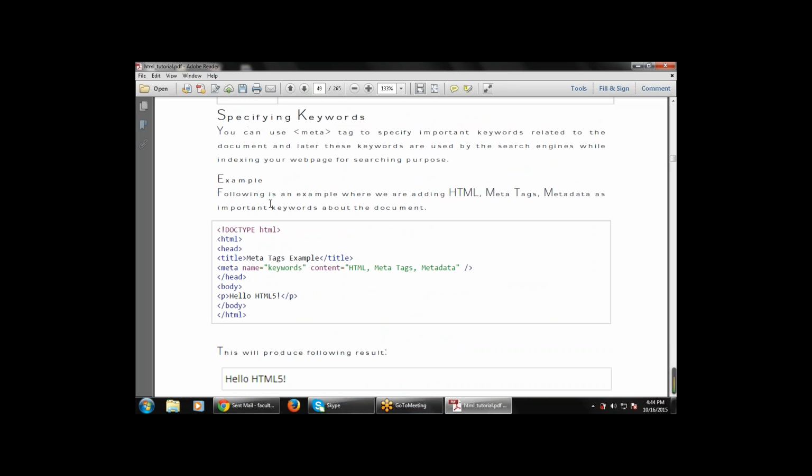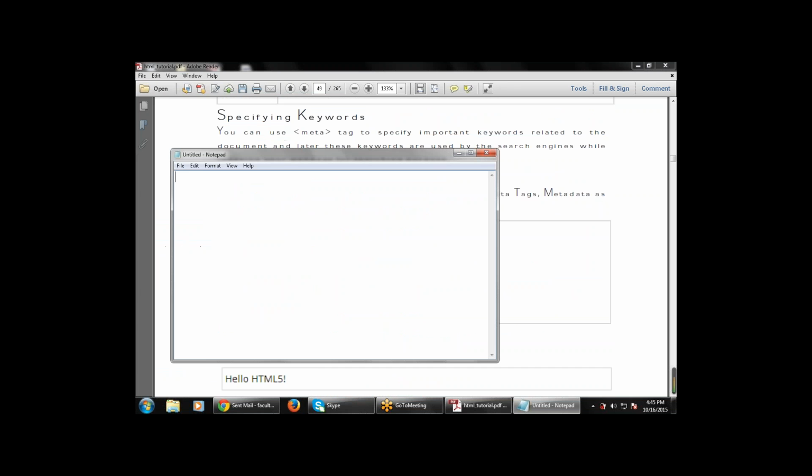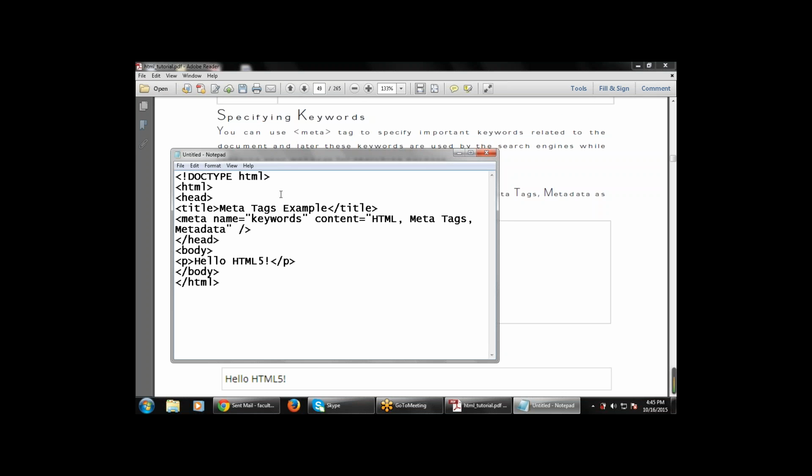So this is the example where we are adding the HTML meta tags metadata as the important keywords about the document. Now if I execute this code, it will produce the same output as a normal output, but this will add a keyword in the processing of the data. Now if I execute this one,